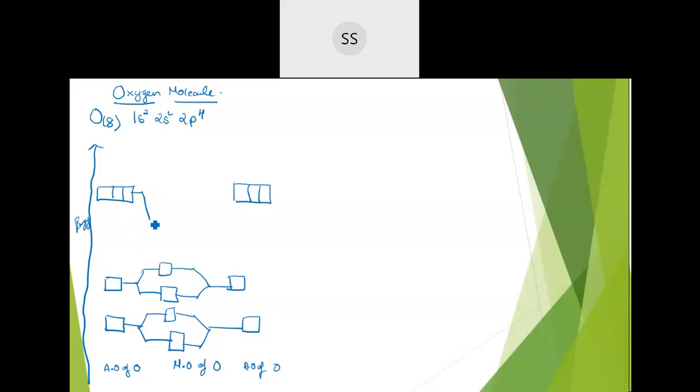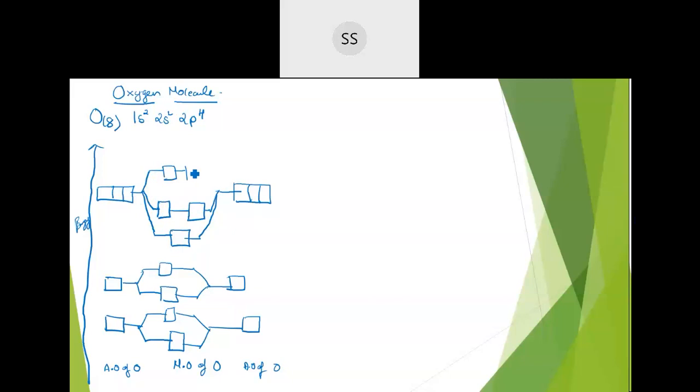Now for oxygen, when you are writing, be careful. One change you have to make here is that you write sigma down. Sigma will come down and pi will go up. I told you the reason also: because of the repulsion, electron density is higher, so sigma is occupied in that lower energy state itself and pi is put at the higher energy state. In the earlier case, there was mixing and overlapping happening, and the electron density was also lower. That was the reason why pi came down and sigma was shifted to the higher energy state.